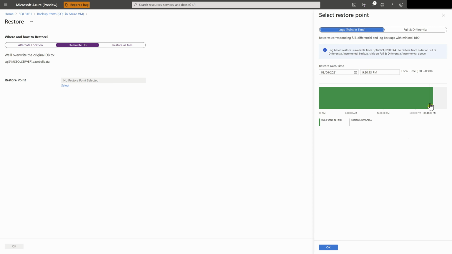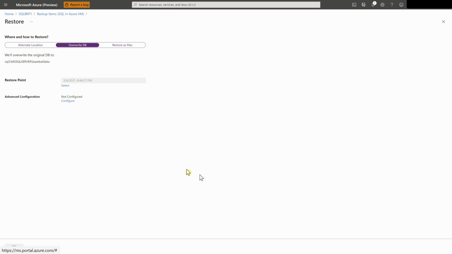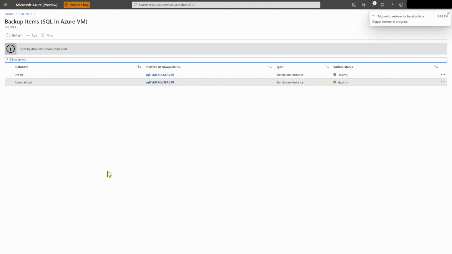So here, let's pick a point, and the moment we pick the point, it populates the point here, which says yes, this is the point we want to restore to, and we want the database to be in the working state when it is recovered. And then go ahead and say OK.